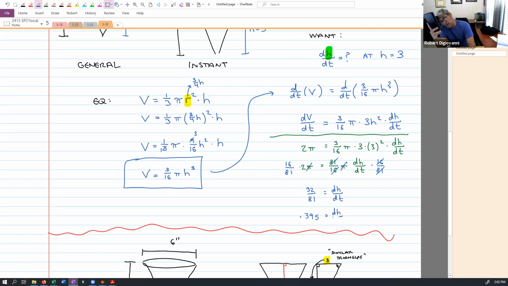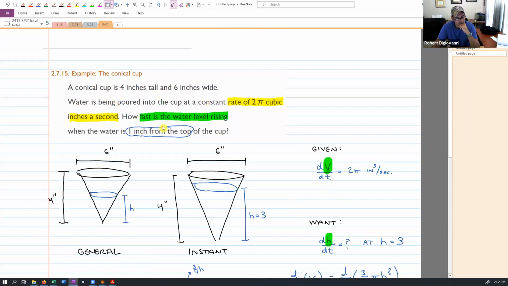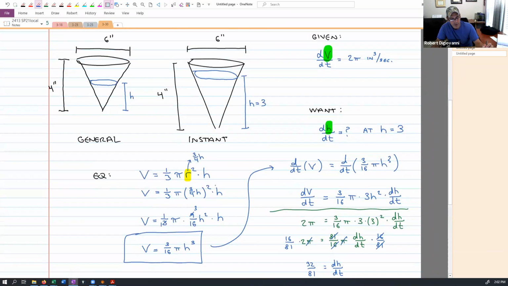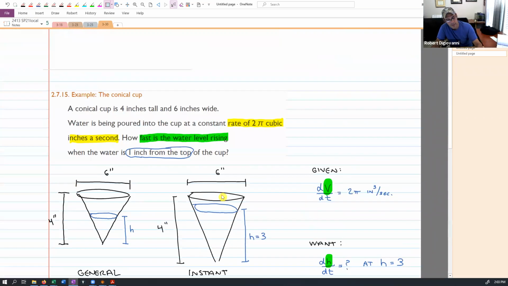Is dh dt. 0.395 what? Look at your units, h over t. H is the height, t is time. Look at your units up here. Cubic inches per second. Inches per second. So the final answer here is 0.395,